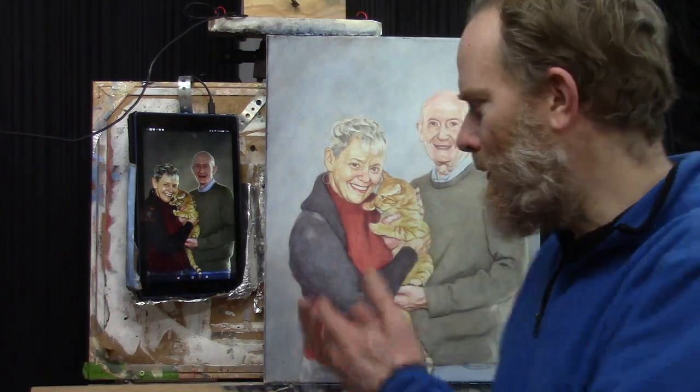Well, hi there. I want to do a little more work on this 16 by 20 acrylic portrait of the couple with their cat. I want to show you more about the acrylic glazing technique and how you can use it to make your portraits brighter, more vibrant, have more depth, more smooth shading and nuances. It's a really great way to bring your acrylic portraits to life and save yourself a lot of frustration. I've been using this for many years to make my portraits look like they're painted in oils,